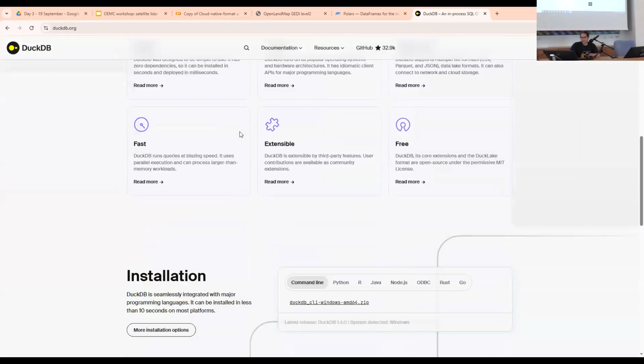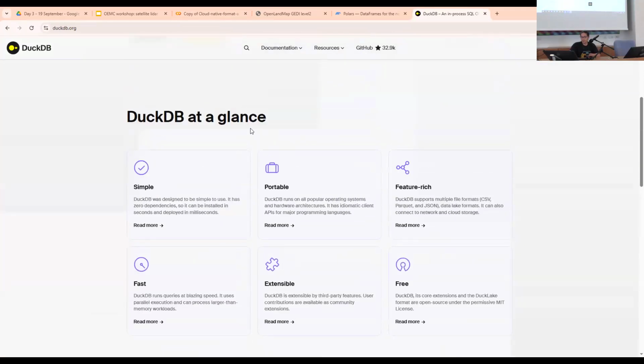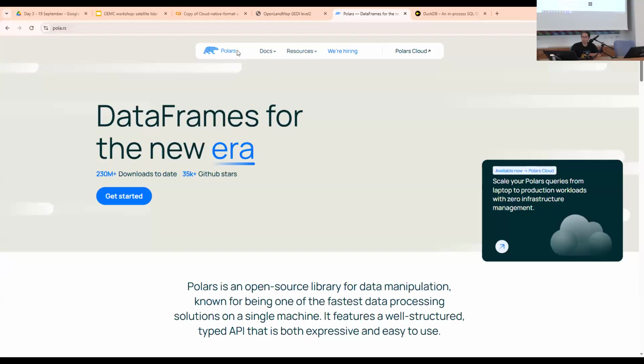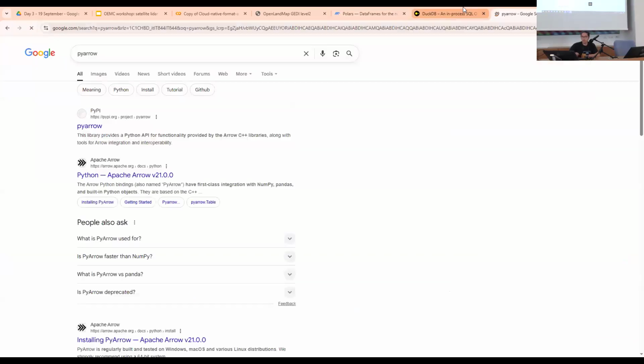And the best feature I would say from DuckDB is you can actually play with the spatial GeoParquet, because the software that we mentioned, Polars and PyArrow, they mainly work with